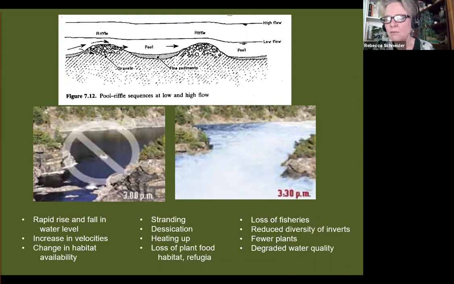This is what that looks like. At 3 o'clock, the left photograph shows the stream at low flow, and 30 minutes later the stream is at high flow. There are very few organisms that can handle that rapid of a change in the hydrologic regime. They don't have a chance to get away. The velocities are super high. It washes out many organisms. And then when that water level drops, the water is shallow, it gets hot, organisms and fish die, they desiccate, and plants don't live there. And so basically you scour all the life forms below the dam for sometimes tens and 20 up to 100 miles further downstream, depending on how big the dam is.